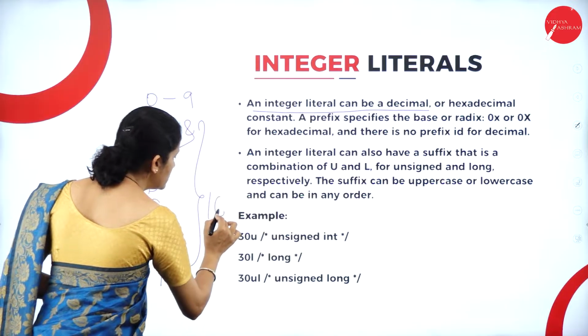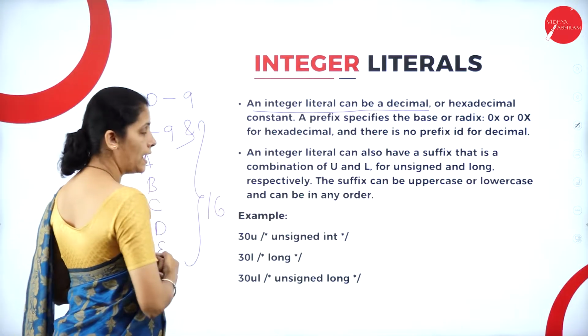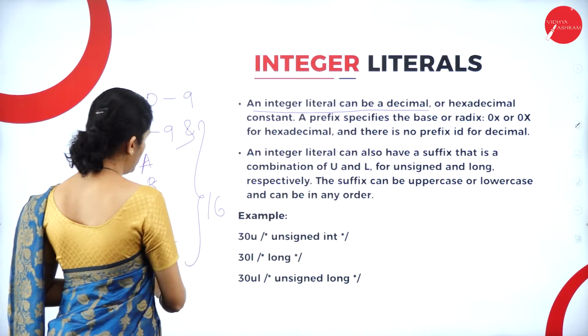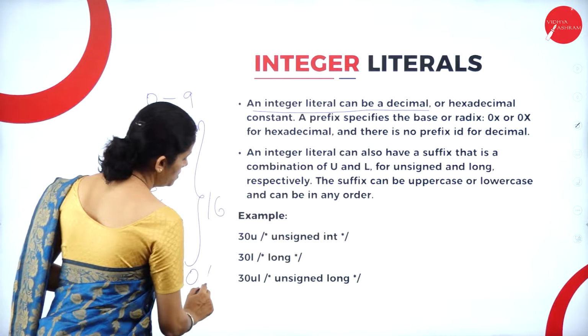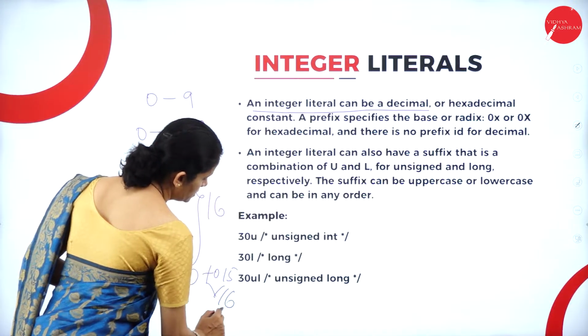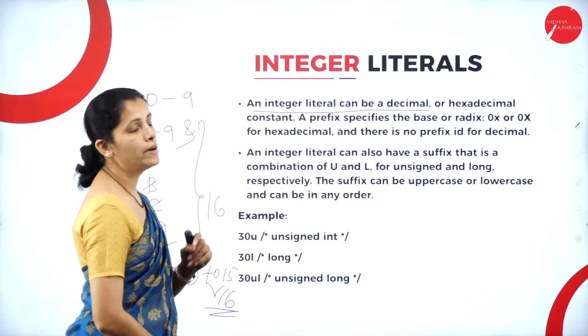It is 16. So here 0 to 9, 10, 11, 12, 13, 14, 15. So 0 to 15, it is total 16. To represent 16 digits, I have the hexadecimal